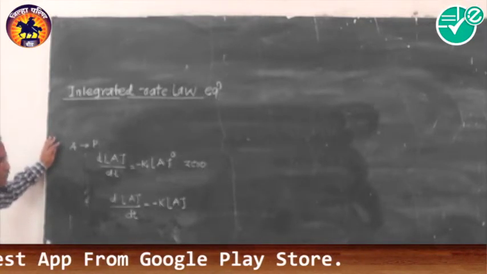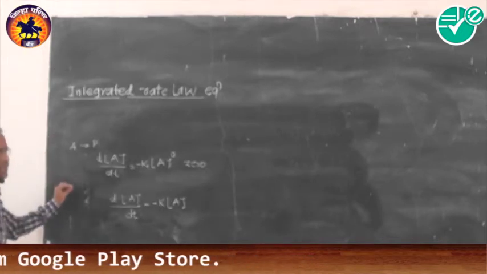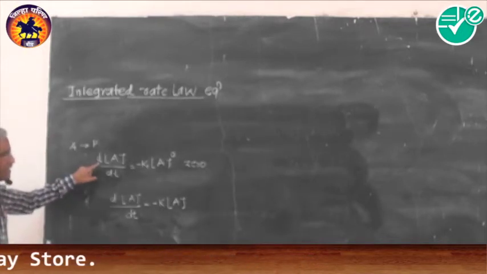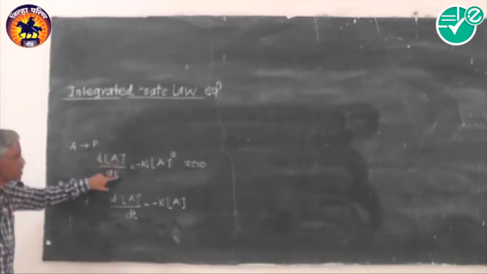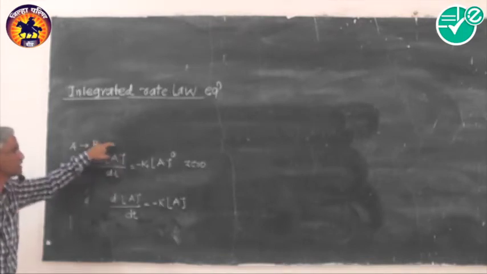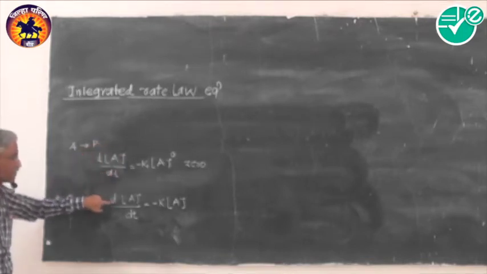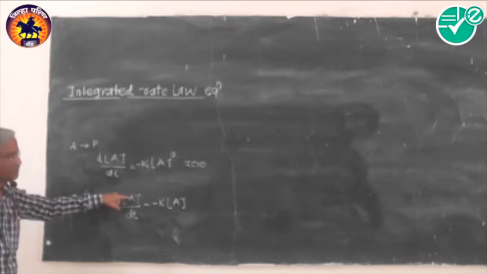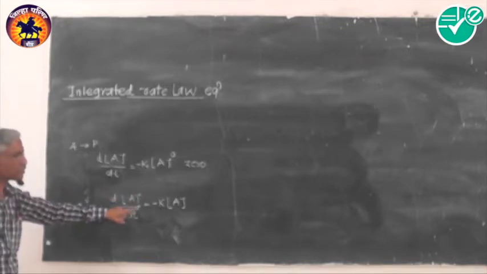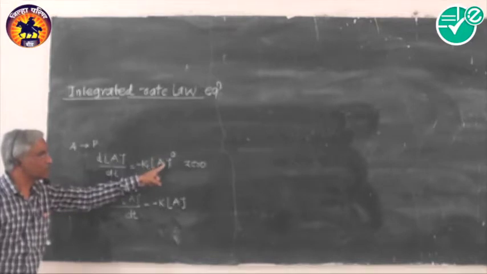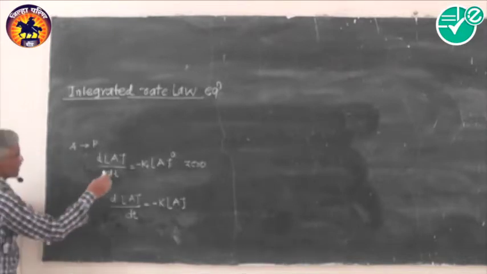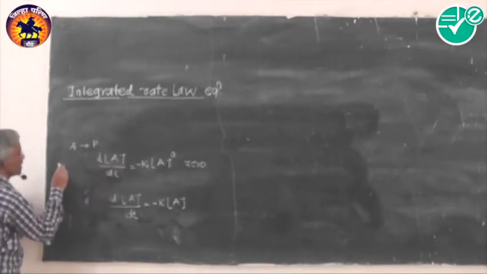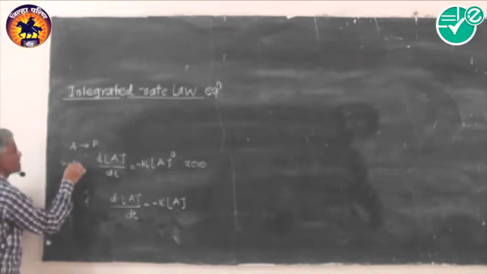Now differential form means, for those who don't have mathematics, this d indicates that it is the rate of change of concentration A with respect to time. So this is called a differentiation. Rate of change of concentration at a time is proportional to the zeroth power of A here, and here it is proportional to the first power of A. These are called differential equations, and for that purpose we have also written this quotient in words as a rate.